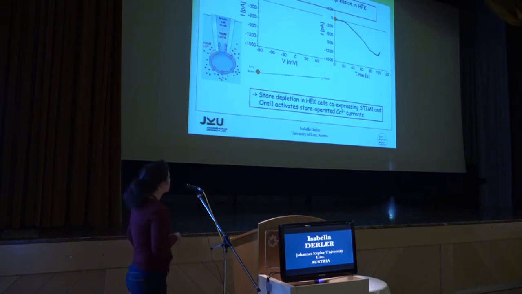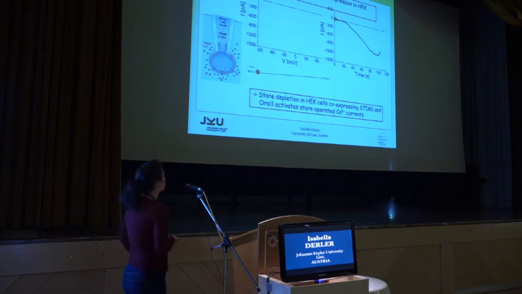As we are measuring here store-operated calcium ion channels, we need some substance in the pipette which leads to store depletion. We are using here EGTA. It's a well-known calcium chelator, which lowers the calcium concentration in the cytosol and leads then to passive store depletion. And outside the cell, we are using the calcium ion as we are measuring calcium ion channels to measure the